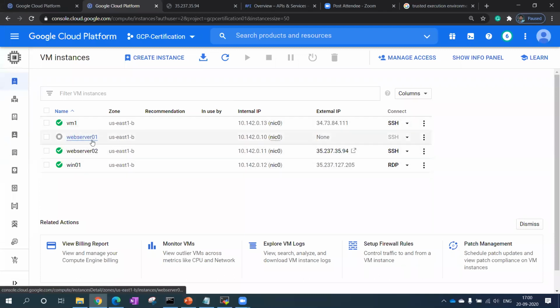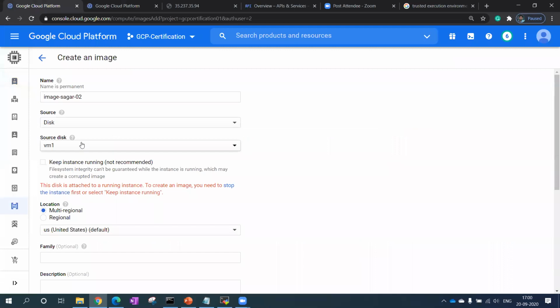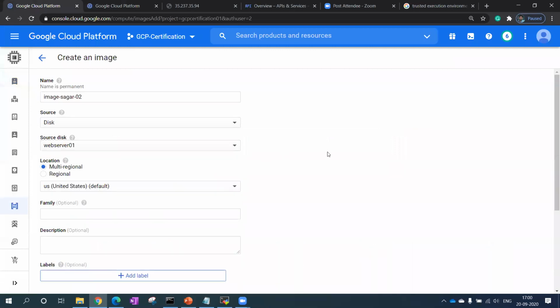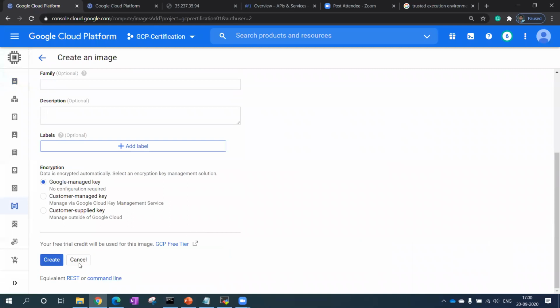Fine, so web server 001 is stopped. Okay, then I can take this one, web 001. Fine. And then I can create a new image.